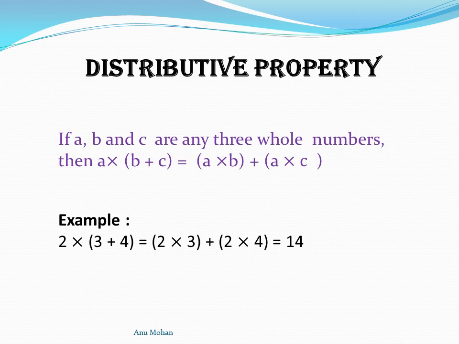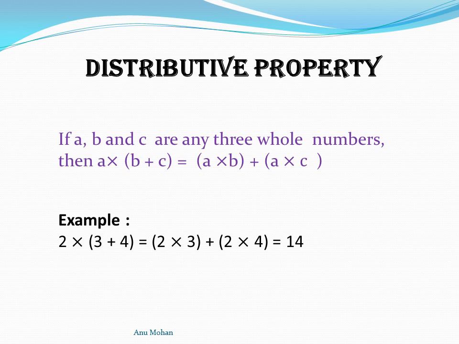Now the last property we have is distributive property. Distributive is nothing but, as we said, move the operators. What do I mean by that? Let me take an expression a multiplied by, and in brackets b plus c. Now I can take this multiplication sign and move it across the bracket. I just remove the bracket from b plus c and move the multiplication sign across the bracket. Then it becomes a multiplied by b, that will be my first expression, and a multiplied by c, that is going to be my second expression, and this is called distributive.